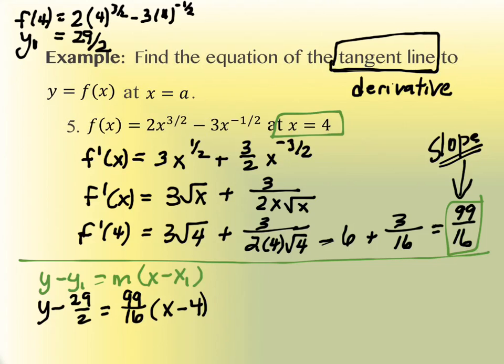And it's good practice just to remember how to work with fractions a little bit on this because we don't encounter them on every problem, but when we do, sometimes people get a little bit antsy because they feel a little bit out of place. So let's just go through it real quick. I have y minus the 29/2. This is 99 over 16x. And then I'm going to take that 99 over 16 times the -4, so this is negative. And it'd be 99 over 4 because the 4 here is going to reduce with the 16, right? After that, I can actually add this